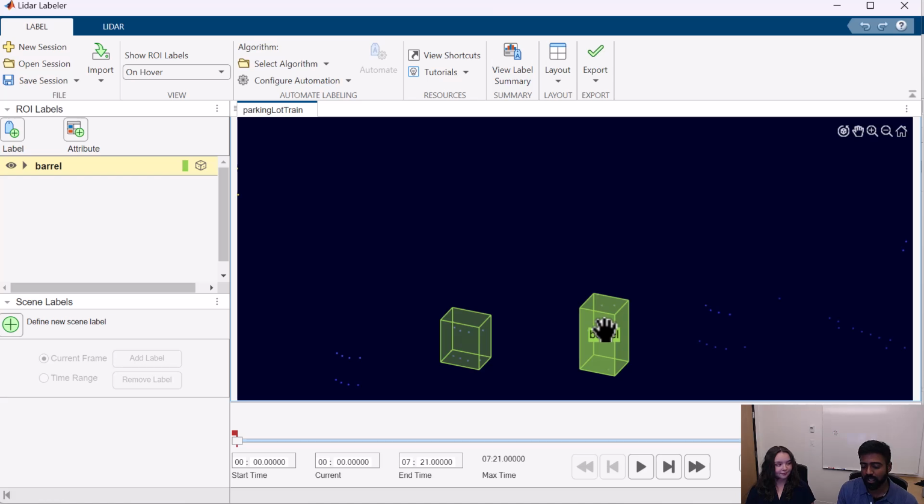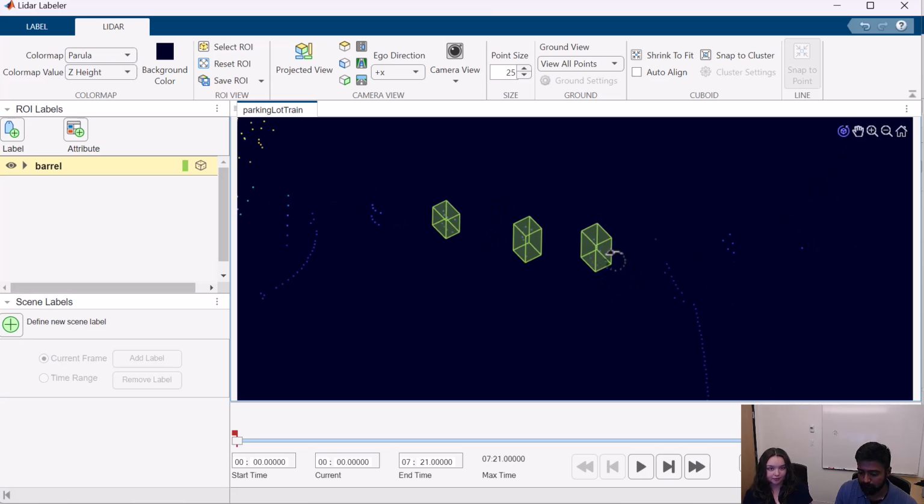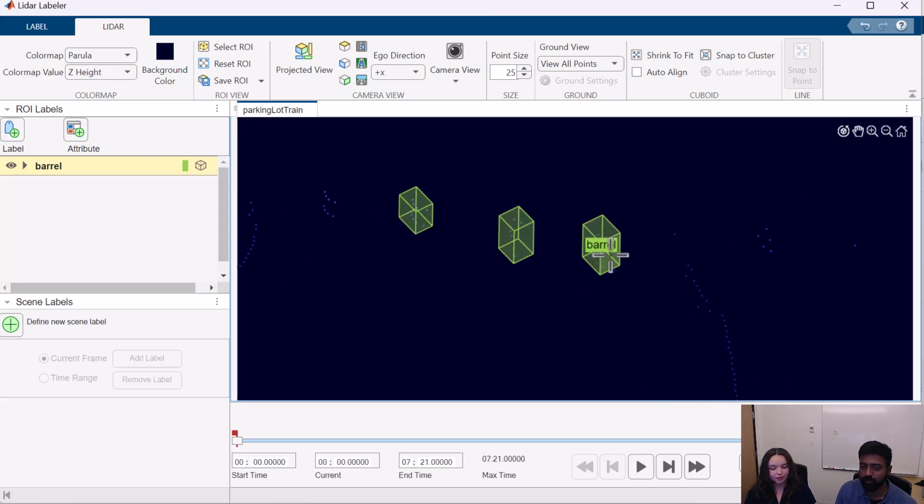So the new label is superimposed by the old one. So what we're going to do is just hold it and then hold Shift and move it over to the next barrel. And you can also copy labels from frame to frame. So, we're detecting the same object, these same barrels, for several frames. So you can copy that over into the next frame and make some small adjustments as well. Yeah.